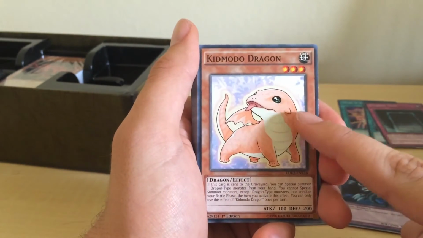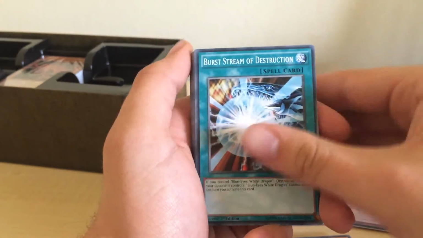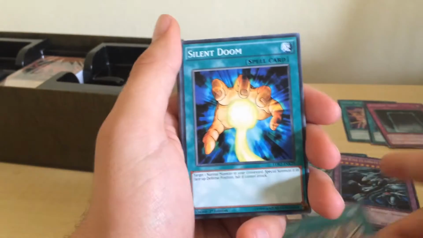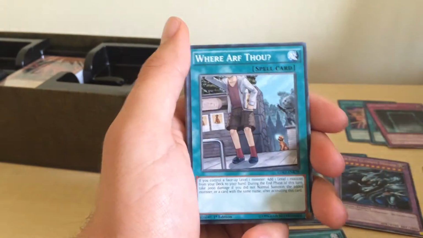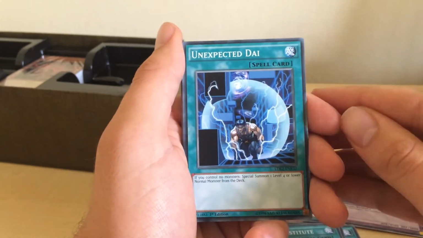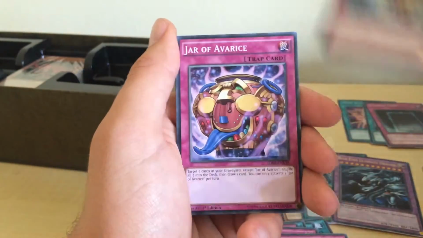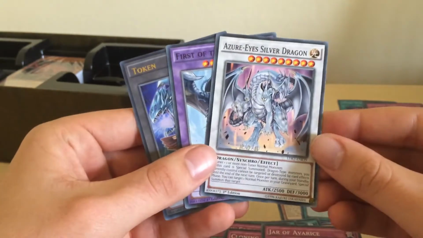I remember using this when the Blue-Eyes Structure Deck first came out. King of the Swamp, Rider, Bear, Stream of Destruction, Beacon of White, Mausoleum of White, Polymerization, Enemy Controller, Shrink, Silent Doom, Ancient Rules, Trading, Where Art Thou? Need this card, Pot of Dichotomy, Fusion Substitute, Unexpected Day, and onto the traps we have Negate Attack, Final Attack Orders, Shadow Spell, Cloning, Fusion Reverse, Jar of Avarice,